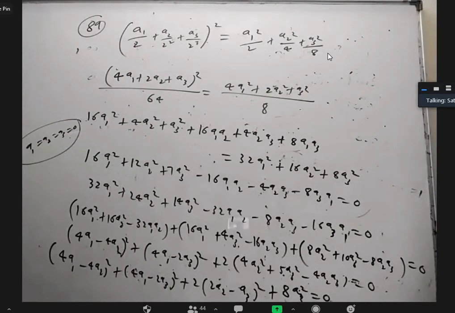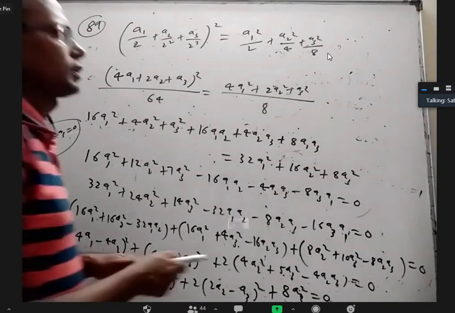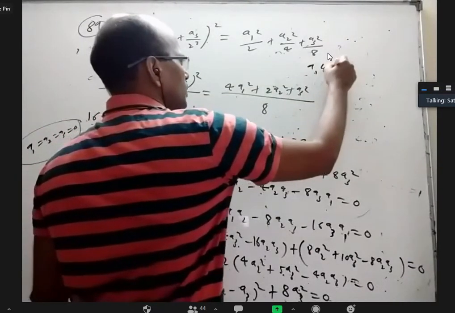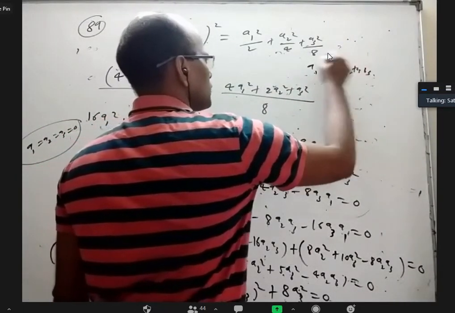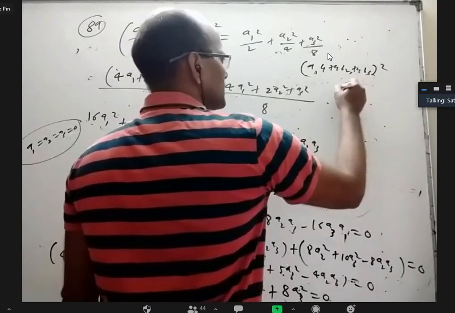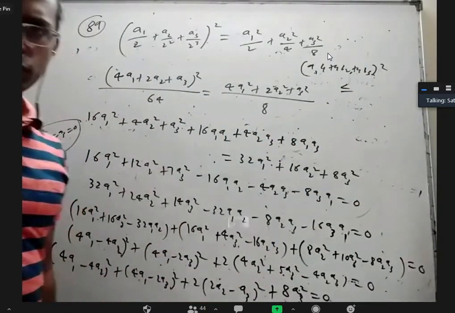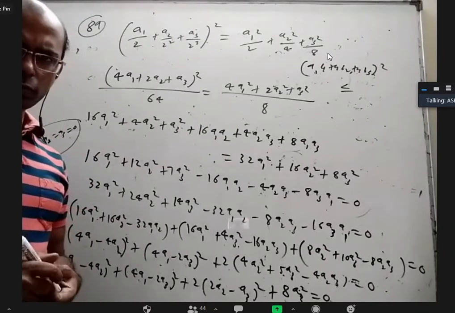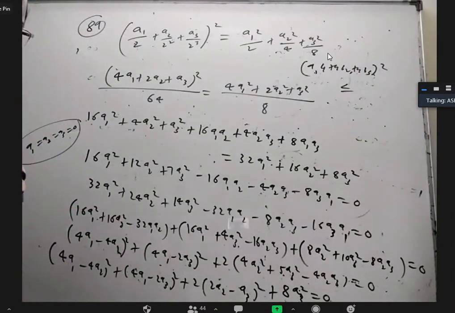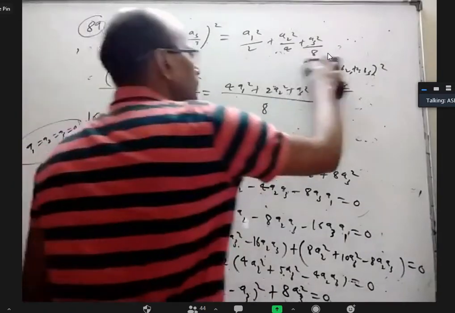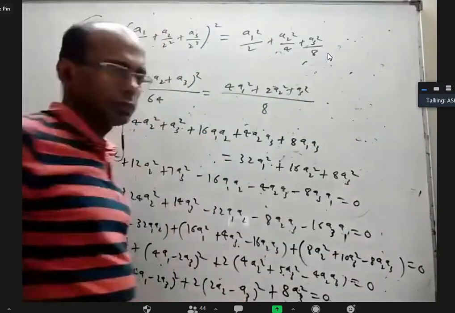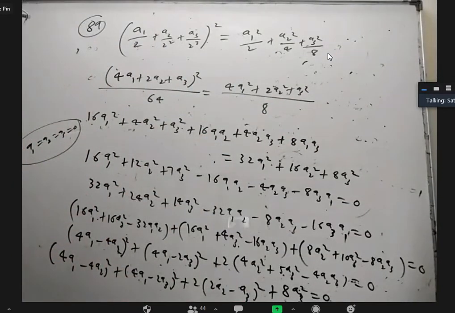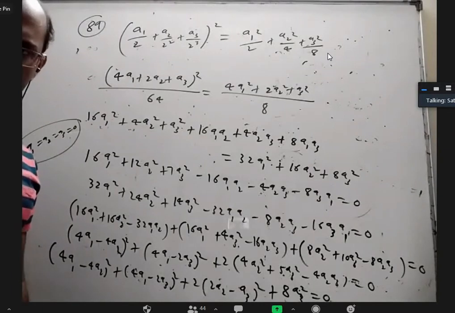You said you wanted to use some kind of inequality. That is Cauchy-Schwarz inequality: (A1 B1 plus A2 B2 plus A3 B3) whole square is less than or equal to (A1 square plus A2 square plus A3 square) into (B1 square plus B2 square plus B3 square), right? No, sir, I don't want to use that one. We will find the dot product, sir. And you want to say it is less than or equal to mod A into mod B, right? No, sir.